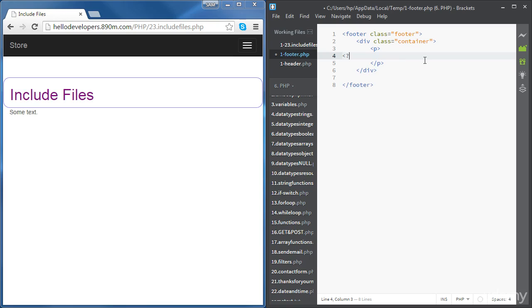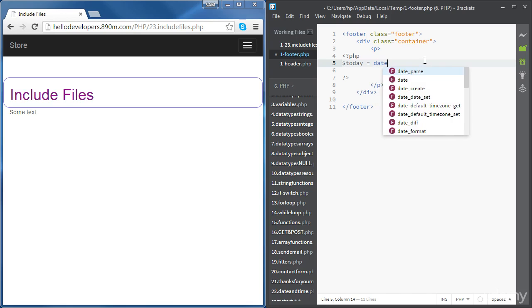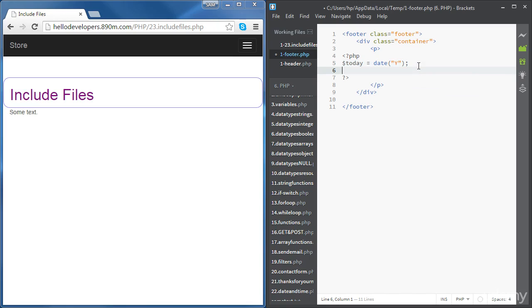So let's write our PHP tag, and let's define a variable today where we're going to store the current year. To get the current year, we're going to use the date function with only one parameter for the format. Since we want only the year, we're going to use only the letter capital Y for the full year. Then we are going to echo